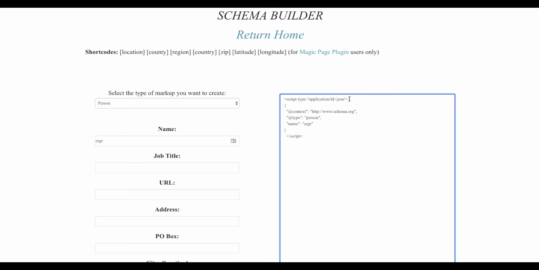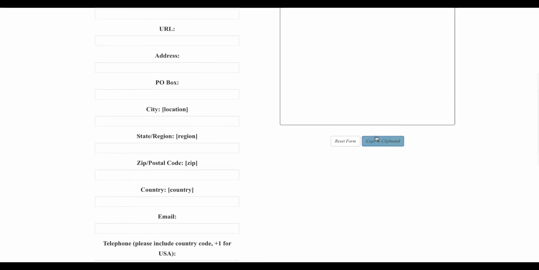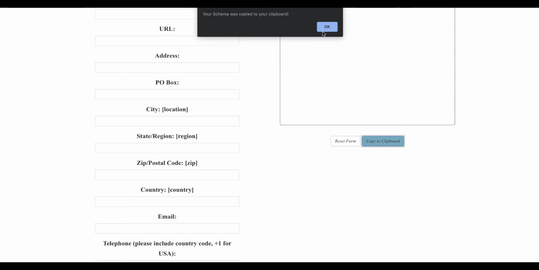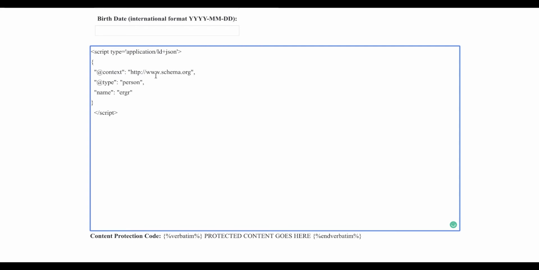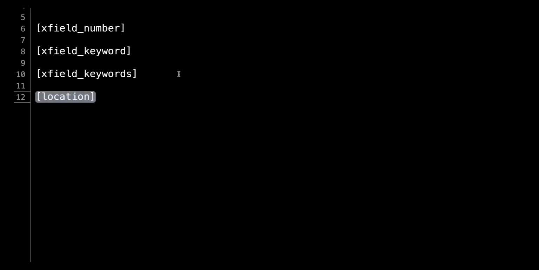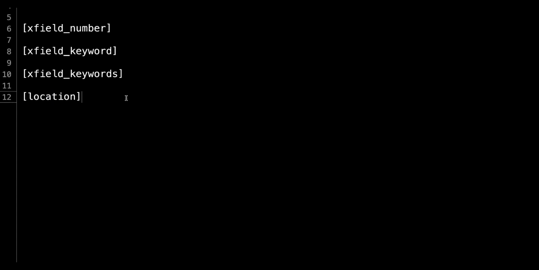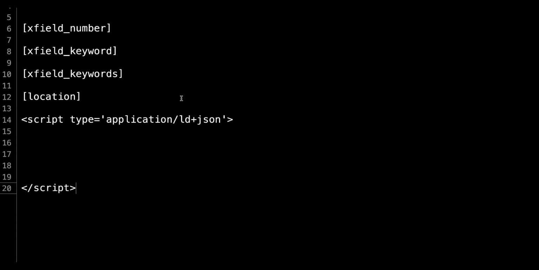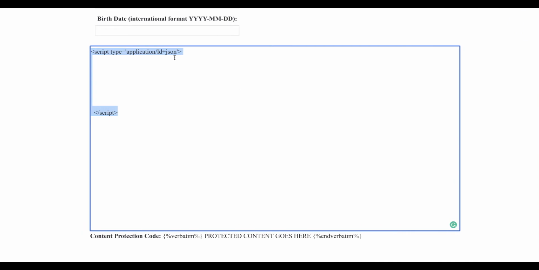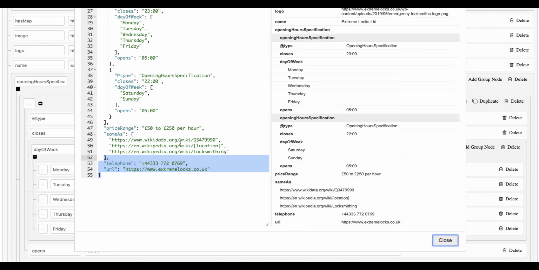Okay, so what we're going to do is copy that to the clipboard, scroll down my schema form, and paste that straight into here. I'm not bothered about any of that stuff. What we want is this little bit here. So I'm going to show you a normal text editor rather than doing it on here. So we'll go back to where it was before and we'll paste this inside here. And then I'll come back to my schema tool